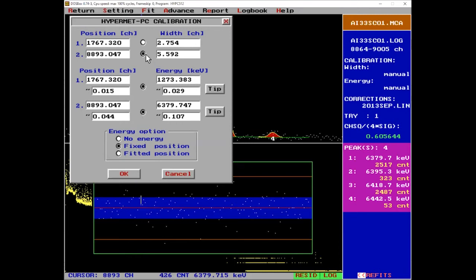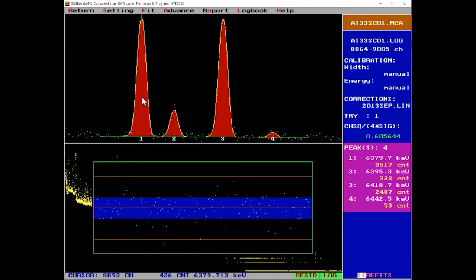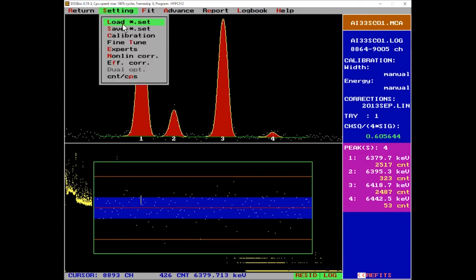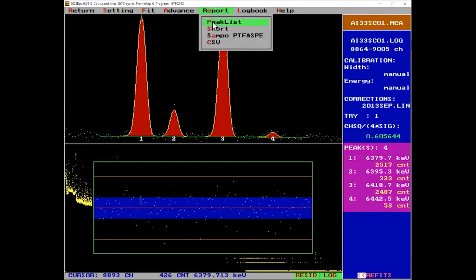Okay, and now we can also read in the peak width parameter, because the peaks are getting broader and broader towards higher energies, and this can be also calibrated with a square root based formula, and we can also read from the fit the width of the peaks as a function of energy. And once this is all done, then we can create a so-called report file. It's a peak list,